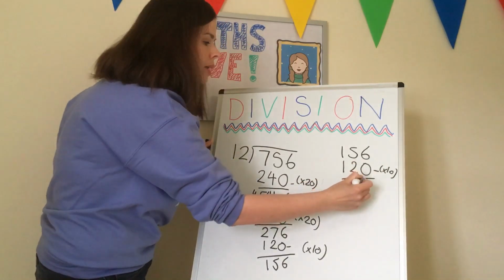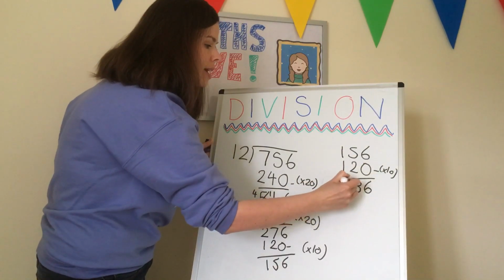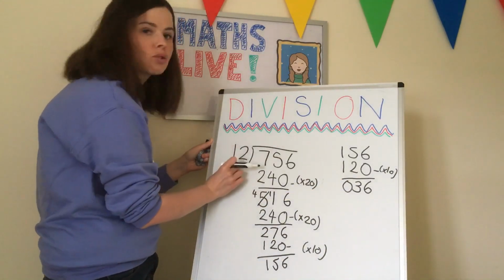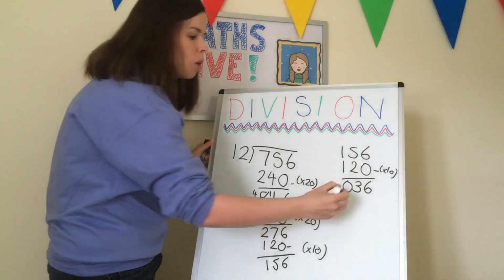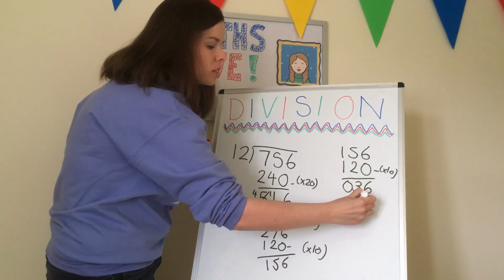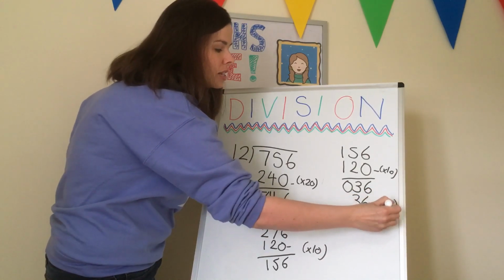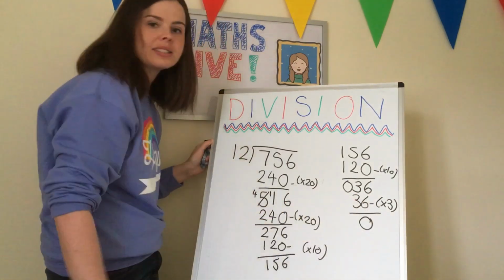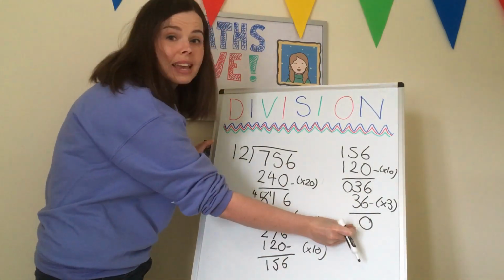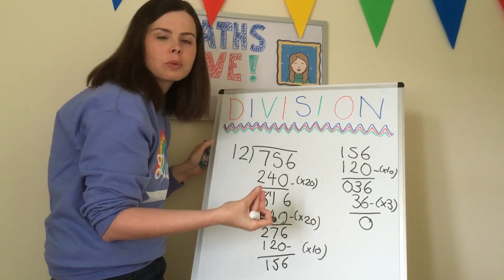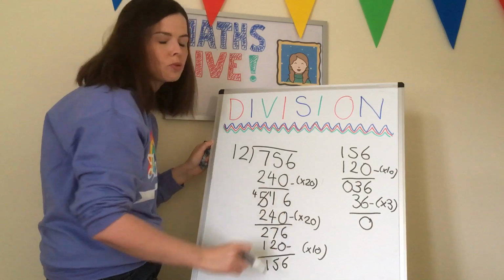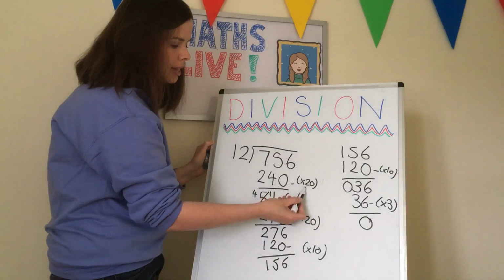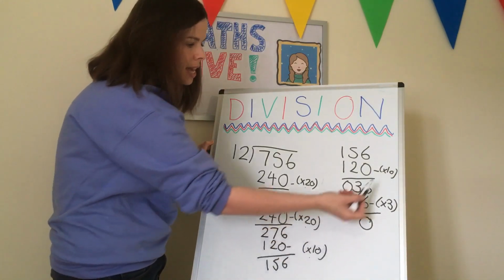So I'll subtract that. So that's 6, 3, 0. Oh, 36. I can put 36 into groups of 12 because I know my 12 times table. 1 12 is 12, 2 12s are 24, 3 12s are 36. So I've subtracted 3 lots of 12 and that will take me to 0. Now, if you don't get to 0 at the bottom, there's been a mistake made somewhere. It might be that you've just made a quick subtraction error, so go back and try it again. So let's have a look. Our answer is 20, 40, 50, 60,